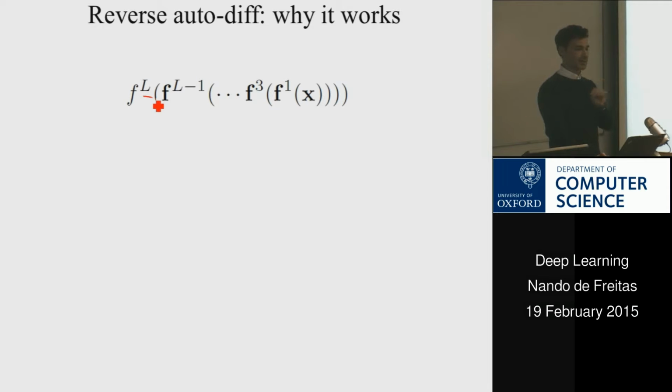So you have x, you compute f1 of x, and then you use that as the input to f2, and then you use that as the input to f3, and so on, until you get to this final f, which is a scalar. So importantly, these are bold because these are all vectors. So the input is multivariate, the output is multivariate. So many inputs, many outputs, or vector input, vector output. And sometimes the input is an image, but we can take an image being a matrix and vectorize it. We can take a row and append it to the previous row and so on, and we can create a vector.